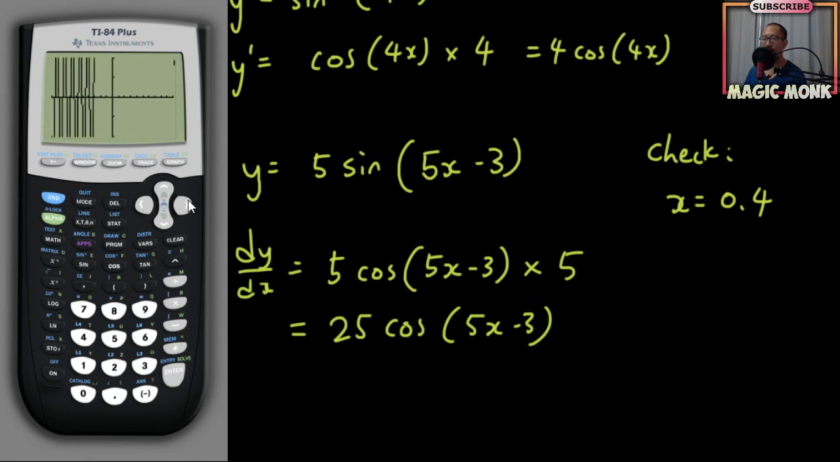Let's change the viewing window a bit. Because the amplitude is now 5, I might have to change the y min, y max to -6 to 6 just to get that in there. And then I'm only interested in x is 0.4, so let's make x min -1 and x max 1. Okay, so you got a curve like this, and then